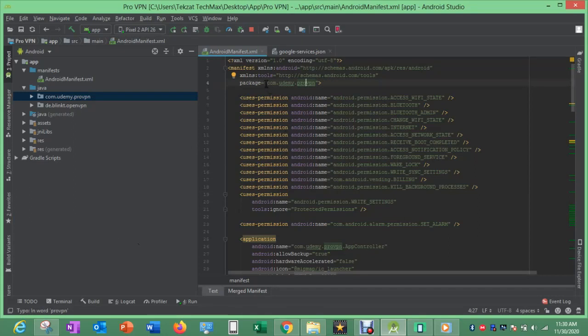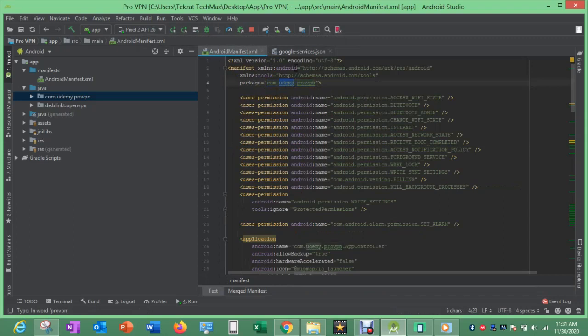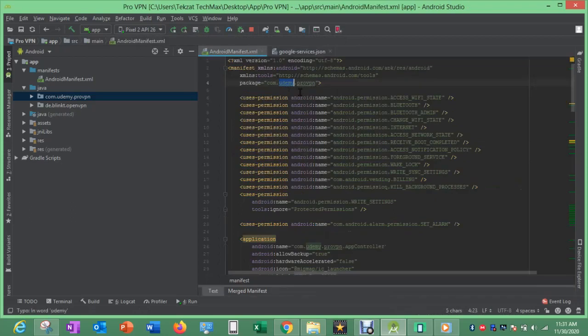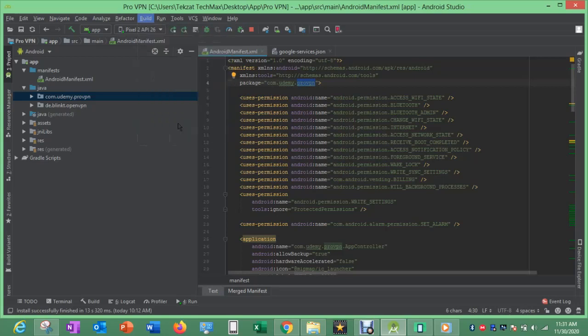We have successfully changed our app name, but you can see it's not different from the name here, the package name here. So because of that, we have to integrate our app with Firebase and create our project on Firebase and then continue. Let's just clean this project to make sure that what I've done there's no problem either. Before we go ahead,